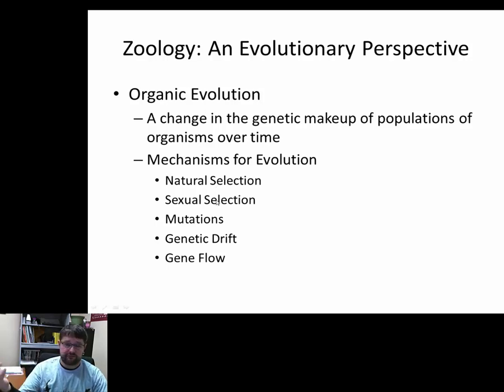Female cardinals like the color red. They also like a male that can sing for long periods of time. So they select the male that has the reddest feathers and can sing the longest and most beautiful song. Okay? And that's who's getting selected for, and that's who's passing its genes on to the next generation. This has nothing to do with natural selection. So I think that's why I bring up mechanisms of evolution.